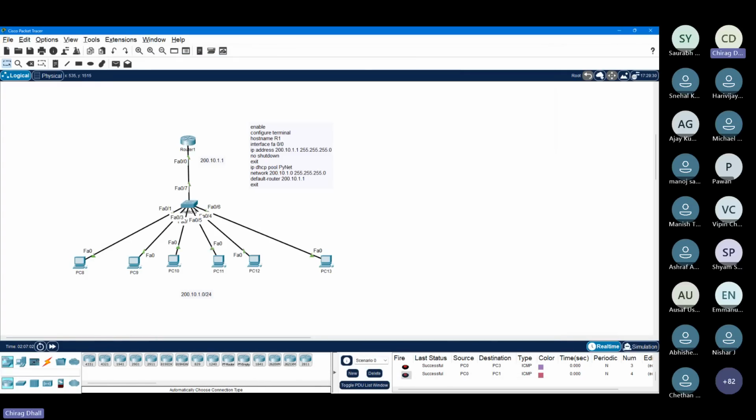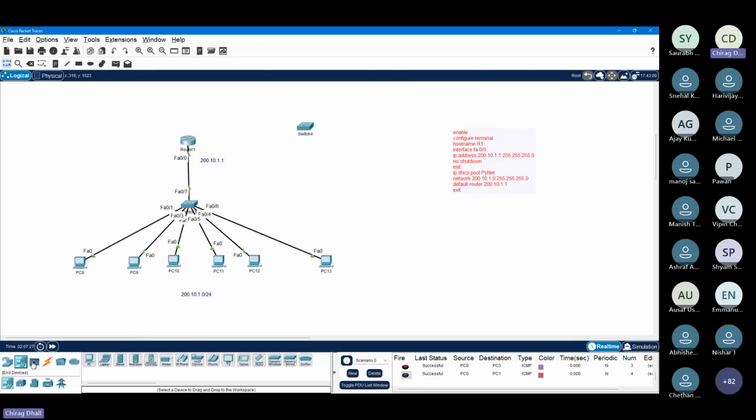Is it possible to apply excluded IP addresses for a specific host only? I didn't get your question, Sayed. Okay, I'll give you one example of how excluded ranges are used. Let's say my router is there. My router is connected to another switch, and